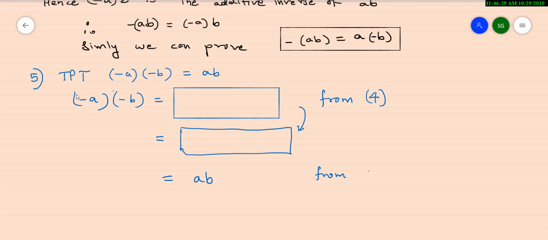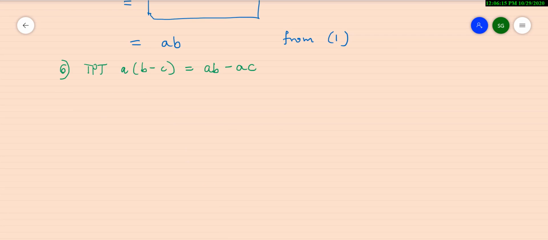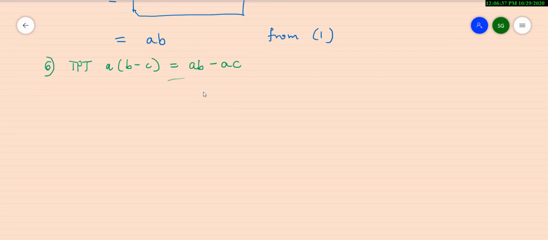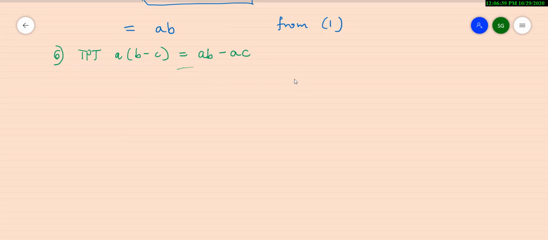Now the last part of the exercise, which was given in the assignment, that is sixth part. Here we have to prove that A in bracket B minus C is equal to AB minus AC. This is what we have to prove. Okay. Now, one hint which I will first give is